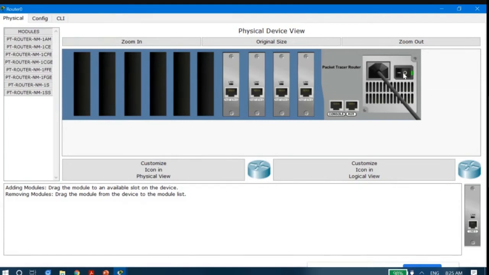Okay, sir. Wherever you require, in some of the routers you will require 3 ports. So there you will drag only 3. Sir, does it matter whether we drag it to the first four or last four? Will it change its address or anything? It should not change. There should not be any problem.